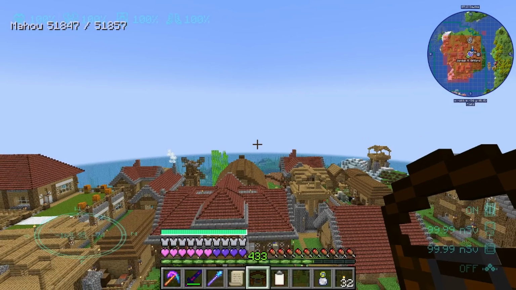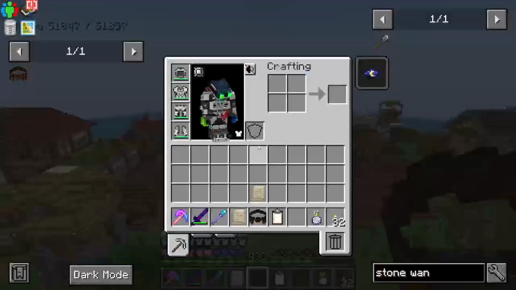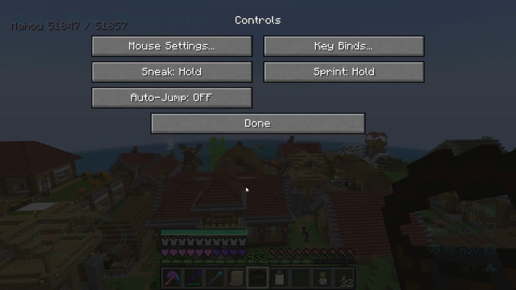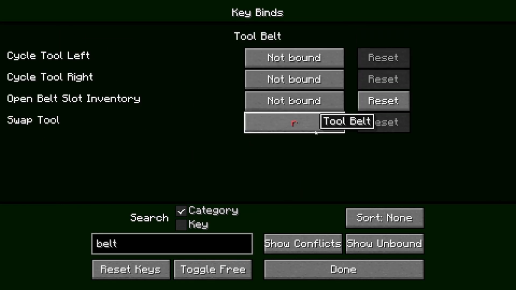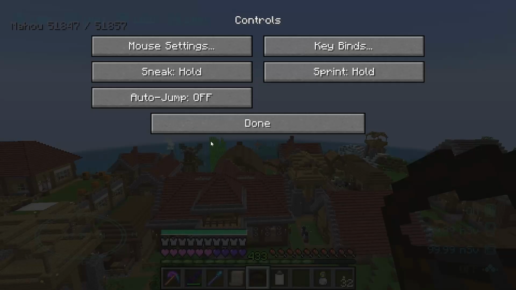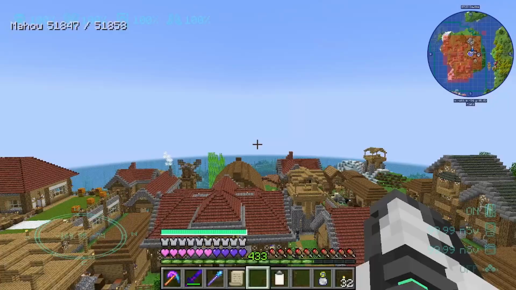So this is kind of interesting. I always forget what the buttons are for it. We're going to have to look that up. Let's have a look in the settings for that. Belt category. Okay, so we're not going to use that one. Tool belt, yeah. So all of these are for the tool belt thing. Open belt inventory. Okay, I don't think we're going to use the belt just because I'm so used to